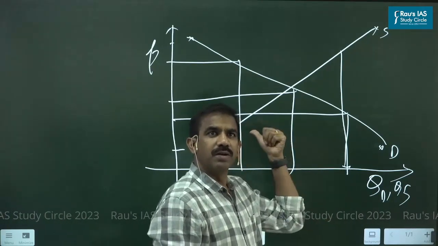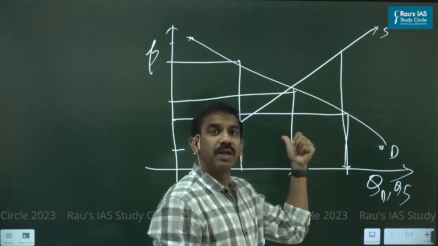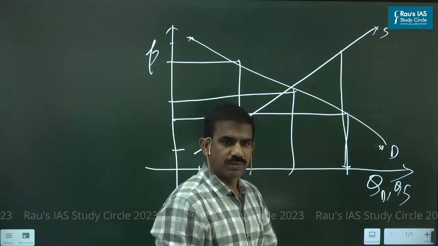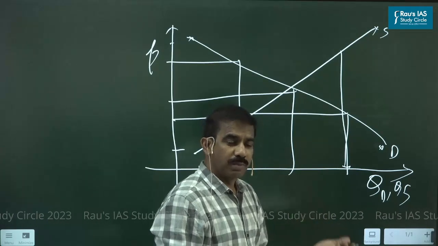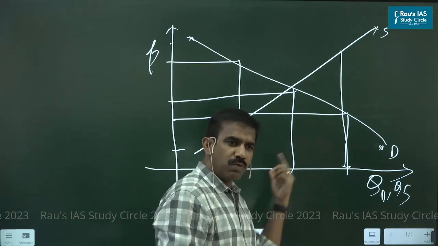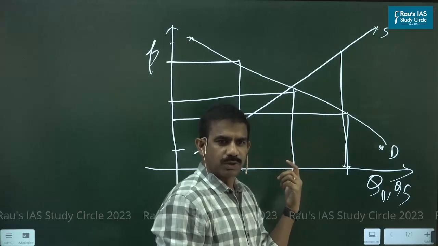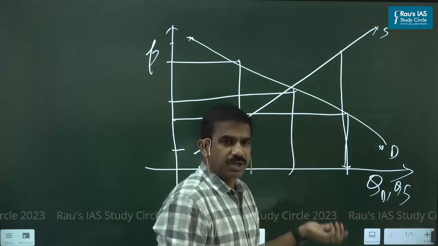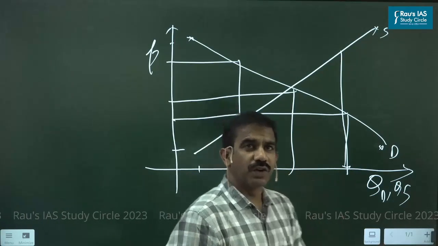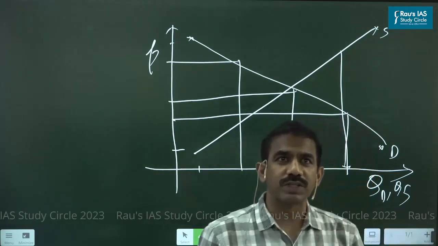Quantity demanded. Quantity demanded, quantity supplied, for a given price, keeping everything else constant, isn't it? So when the price changes, the demand and supply move along the respective curves. And if the income changes, then we have seen there will be a shift in the curves. That's what we discussed, right?